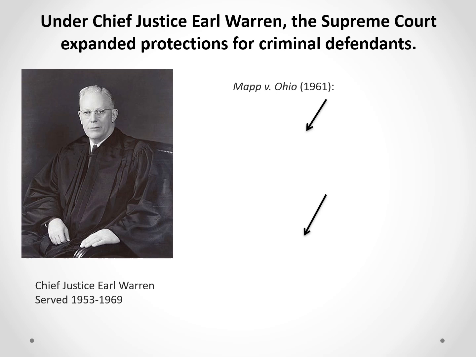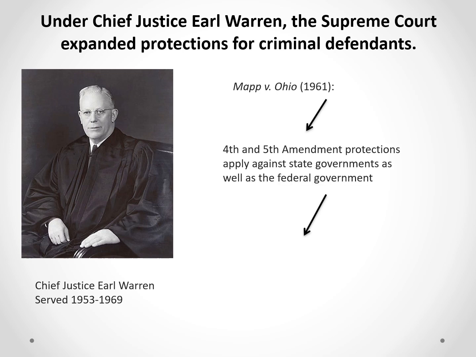Now, Mapp's lawyer argued that the police did not have the right to search her home because they did not have a valid warrant. Okay, they had some bogus piece of paper. But there was a problem. Problem is that the Fourth Amendment protection against unreasonable searches and seizures, the Fourth Amendment requirement to get a warrant, this applies to the federal government. Dolly Mapp's house was invaded by the state police, not the feds. So the question was, does the Fourth Amendment apply to state police?